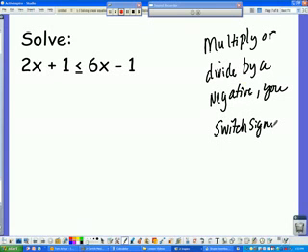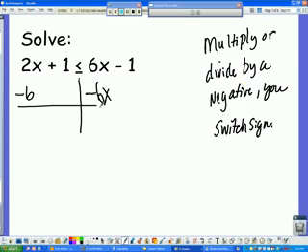Okay? So let's go ahead. The inequality works as our divider, so we're going to subtract 6x from both sides. So 2x minus 6x is going to give us, I'm sorry, negative 4x plus 1